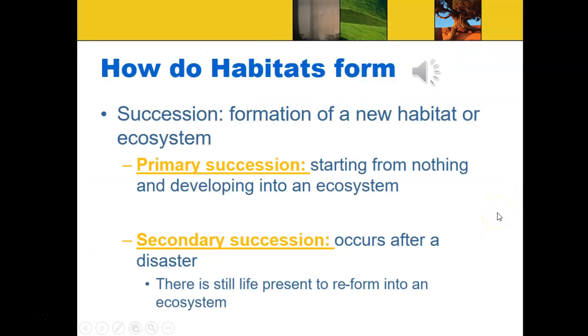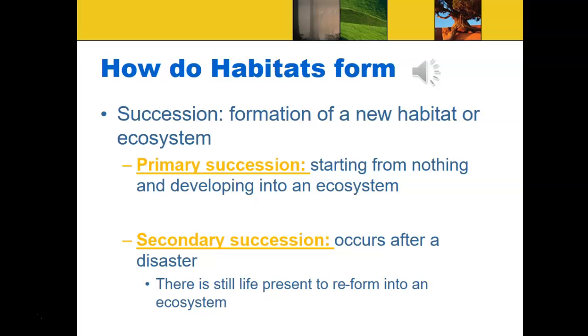Habitats form in two different ways, and this is called succession. Succession refers to the formation of a new habitat or an ecosystem. Primary succession refers to starting from nothing and then an ecosystem developing over time. Secondary succession basically means that there was an ecosystem present, something happened that destroyed it. So let's say a wildfire